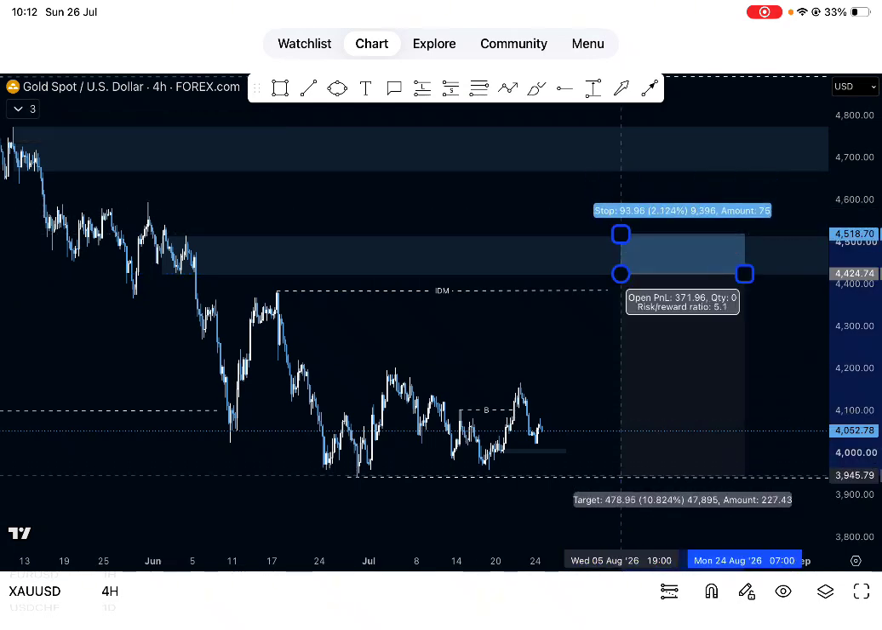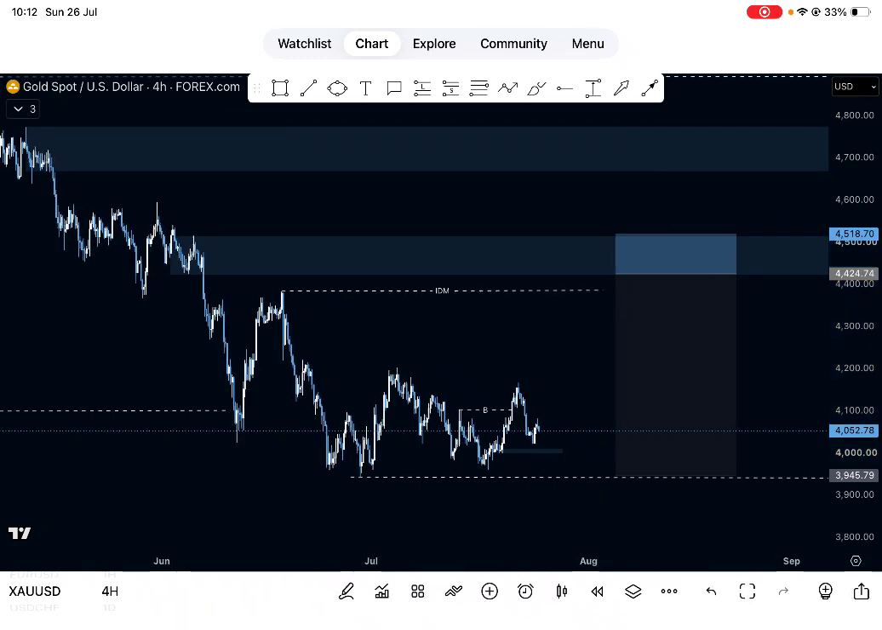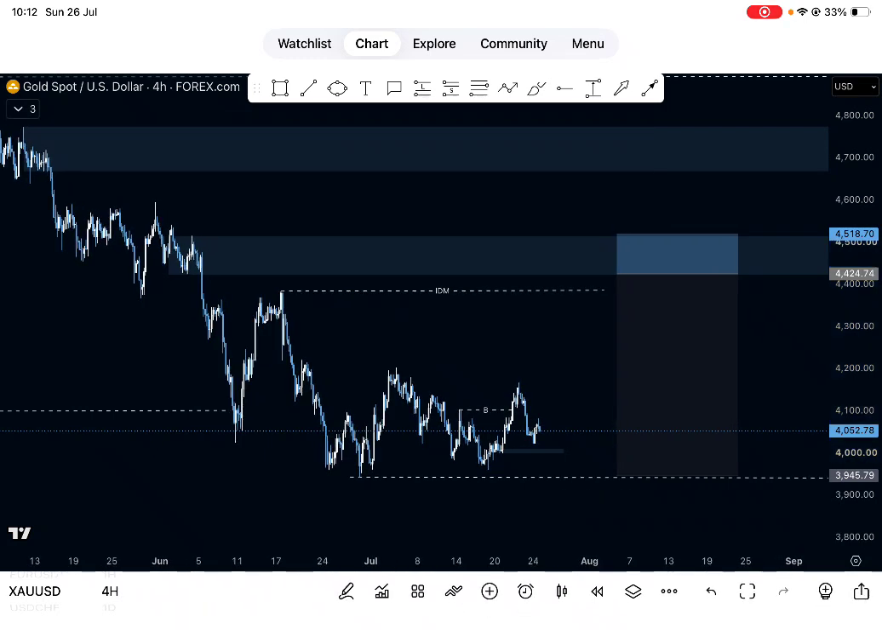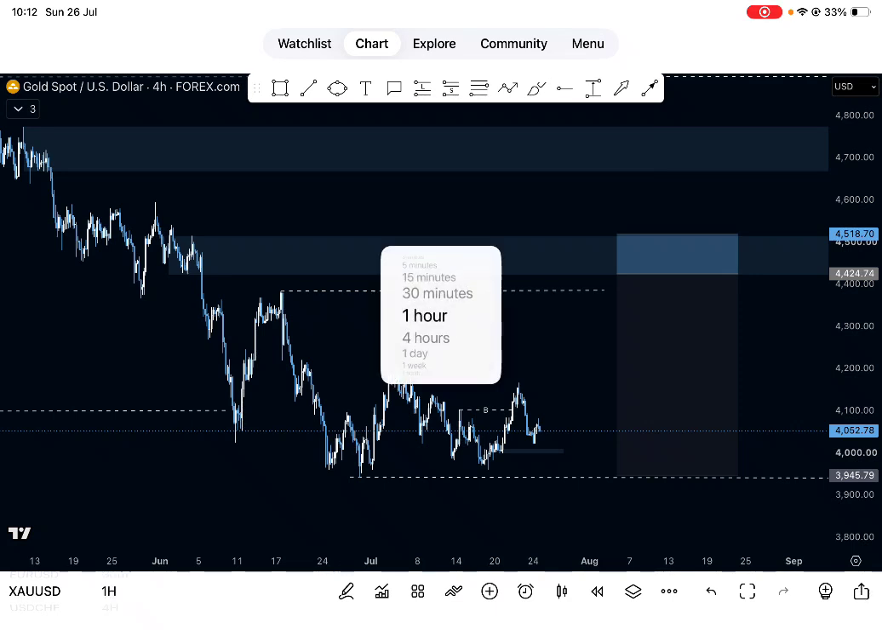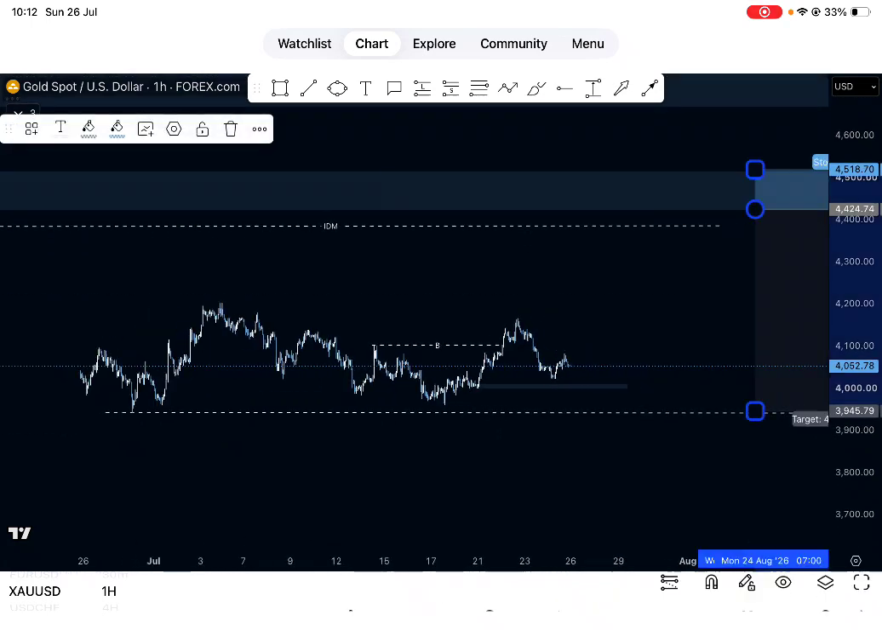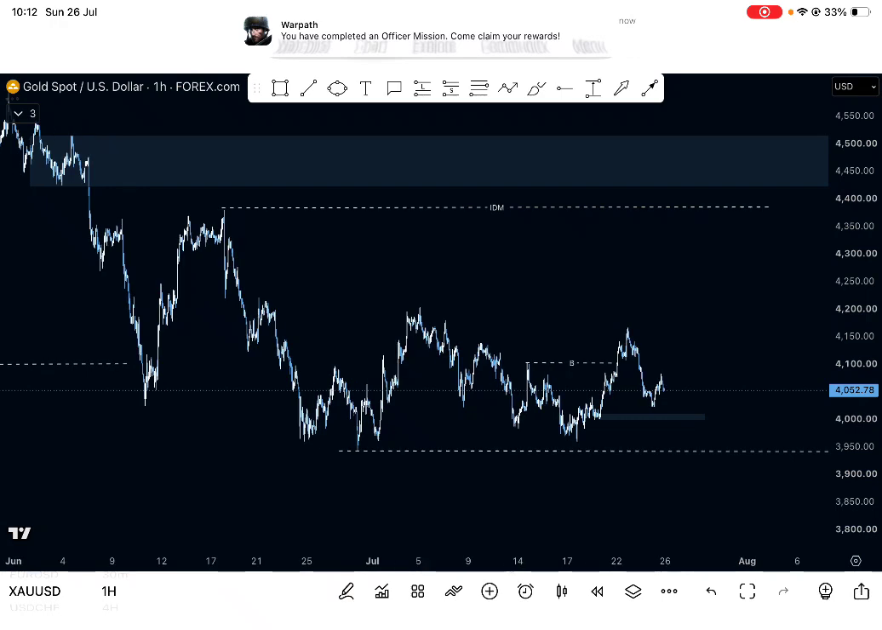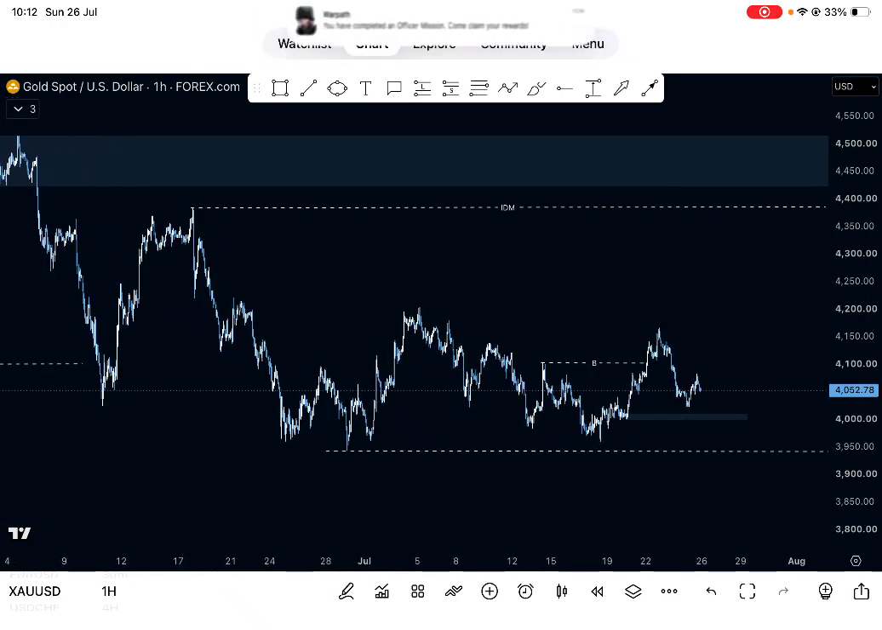But this could happen next week, but currently this is not what I'm focusing on now. We are focusing on taking advantage of the current market condition, which is, if I go over to the 1 hour time frame, you see that the trend has actually changed,